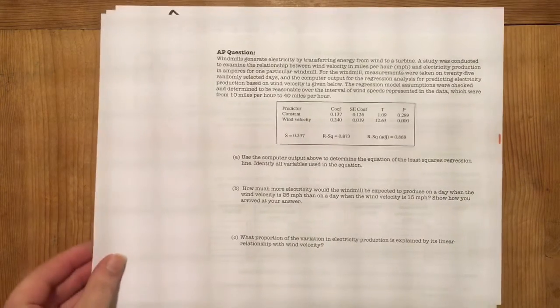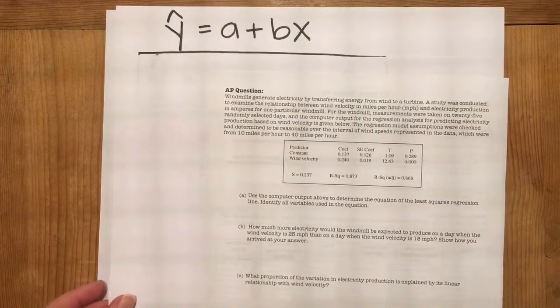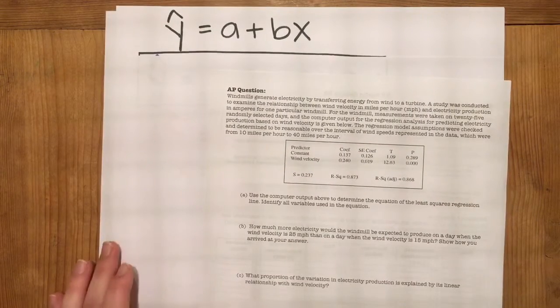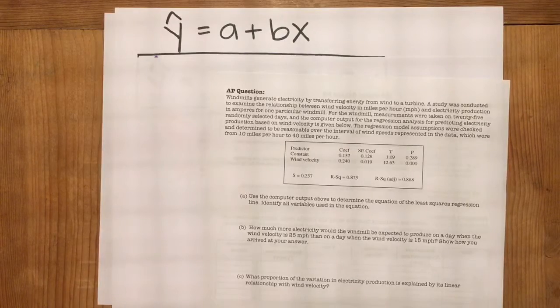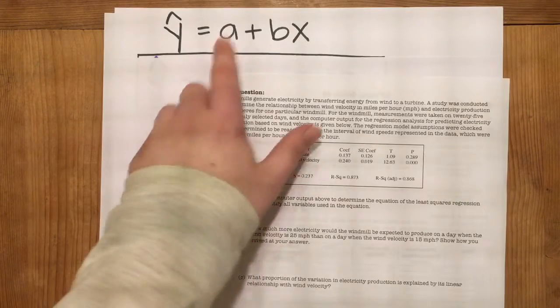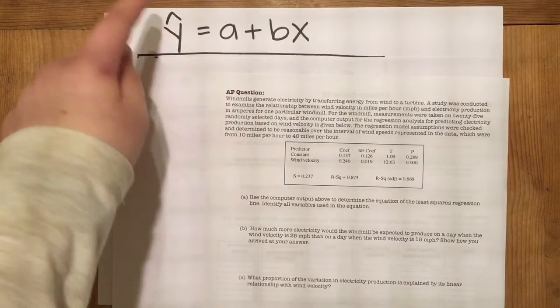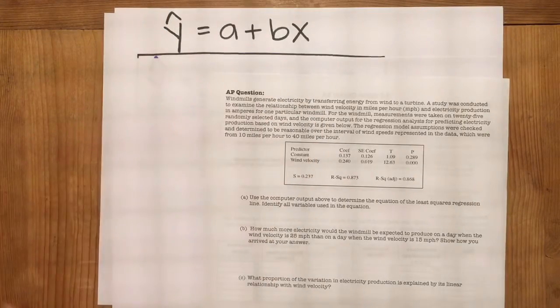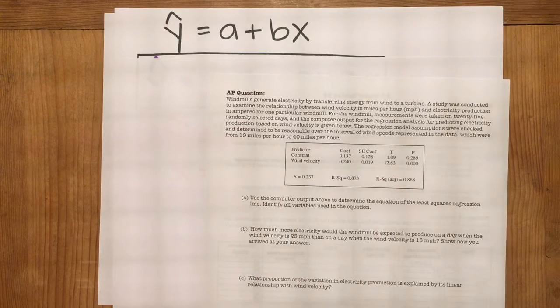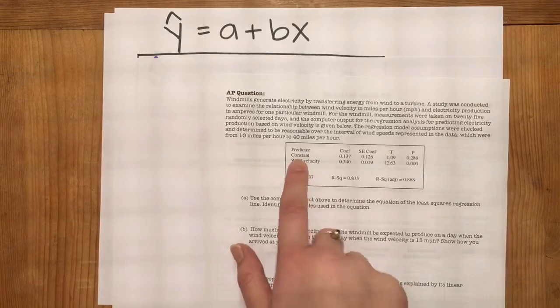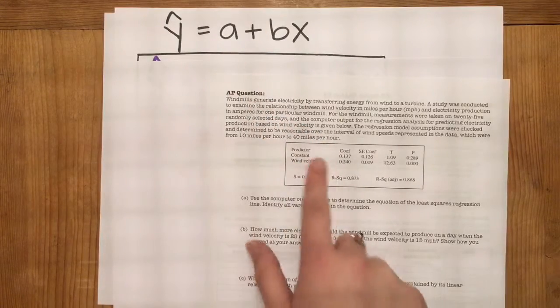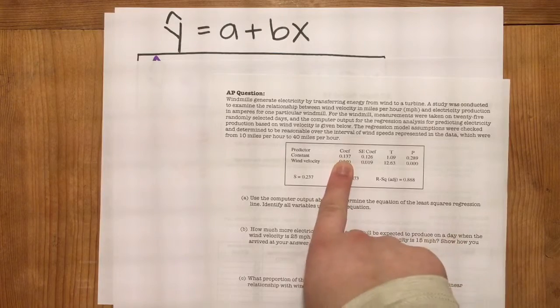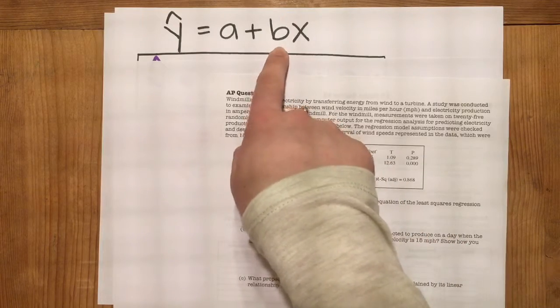So looking at the computer output, we know that the least squares regression line is going to follow the form y hat equals a plus bx. So we have to find out what a and b are, because y hat is going to be the predicted value and x is going to be something we already know. So the a value is a coefficient, and so is the b value. The constant is all by itself, so the constant coefficient is going to be 0.137, and since this is a,